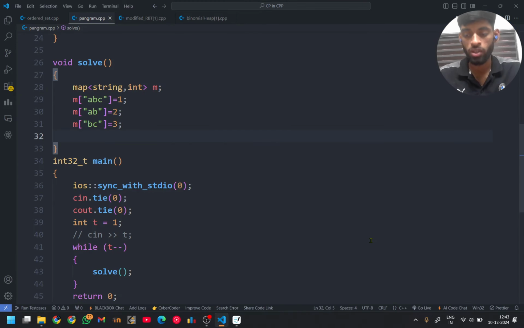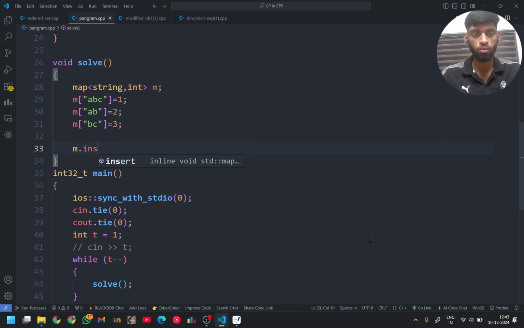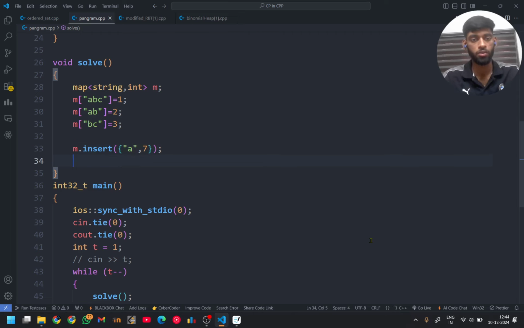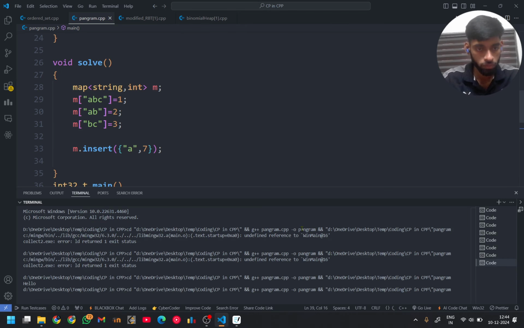Another way is, as I told you, they are a kind of pair, so I can also insert: m.insert, what? String "A" and value, for example 7, like this. It will be normal curved brackets like this. So if I run this program,